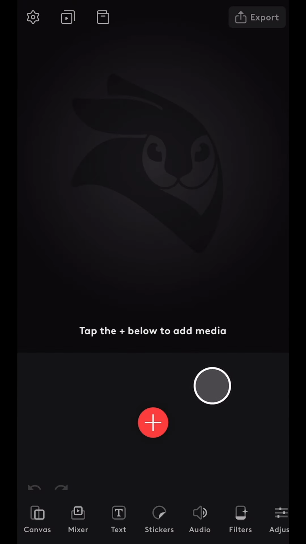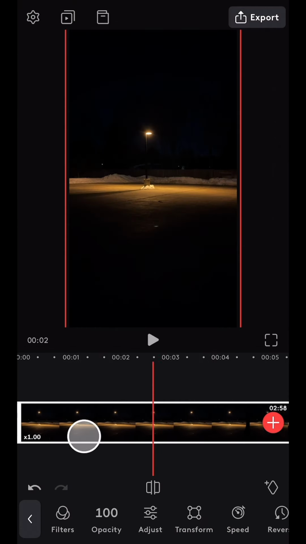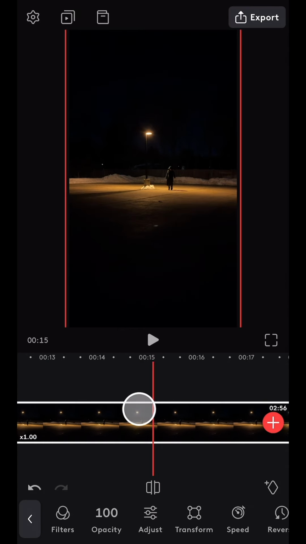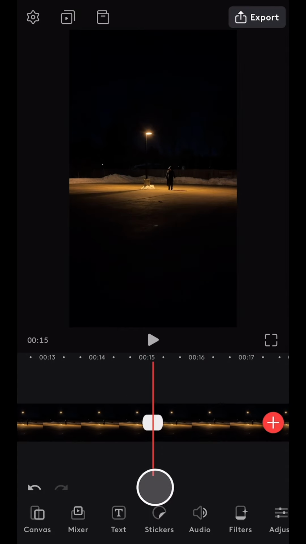Finally, I came very close to the camera, which later would be cut to abruptly to create a sort of jump scare. Then I opened the Videoleap app and brought the clip into a new project. First I split off a few seconds at the beginning, where the frame was empty. Then I tracked to the point where I appear in the frame and split the clip again, discarding the part